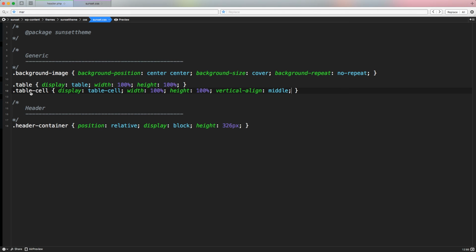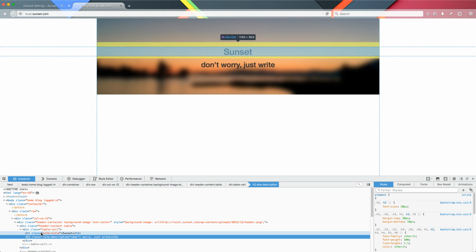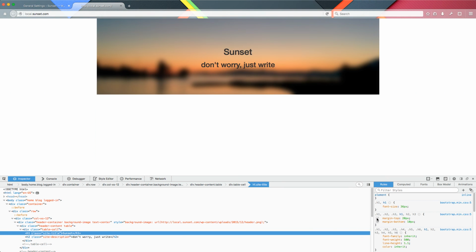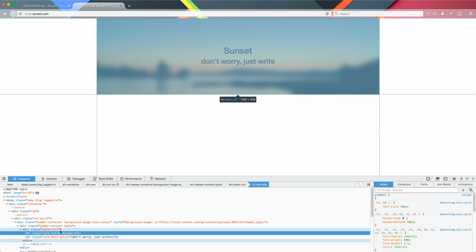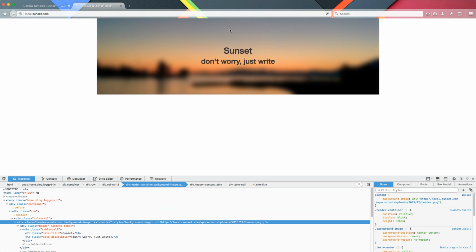Save it. Let's go back in our front end. Let's refresh it. And now we have this that is actually center aligned. Of course, it doesn't look like it's center aligned, but this is because of the margin top that the h1 tag has by default. If I remove the margin top and put it at 0, this one is nicely center aligned, and this is going to remain center aligned no matter what